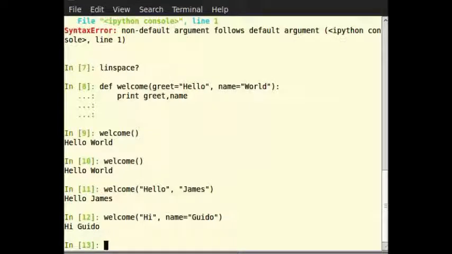When no keyword is specified, the arguments are allotted based on their position. So hi is the value of the argument greet and name is passed the value Guido. If we type on the terminal welcome(name="Guido", greet="hey"),